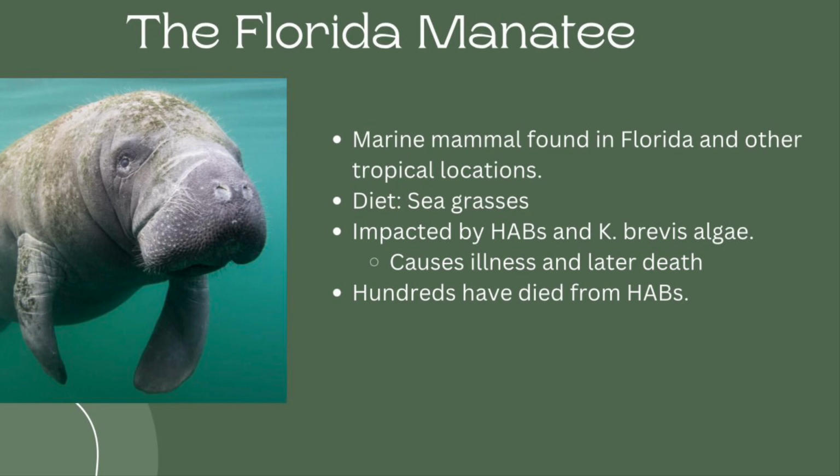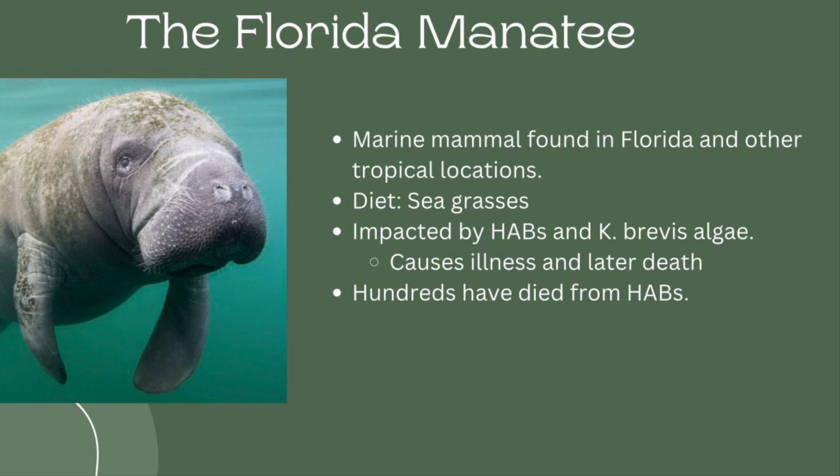One of my favorite species native to Florida is the Florida manatee, which is a popular marine mammal that can be found in oceans, springs, and other coastal waterways in Florida that primarily feeds on seagrasses. They can become greatly impacted by the HABs and the Karenia brevis toxin by eating infected seagrasses or breathing in the brevetoxins, which cause harm to the central nervous system of organisms when they come up for air and are created by this algal species.